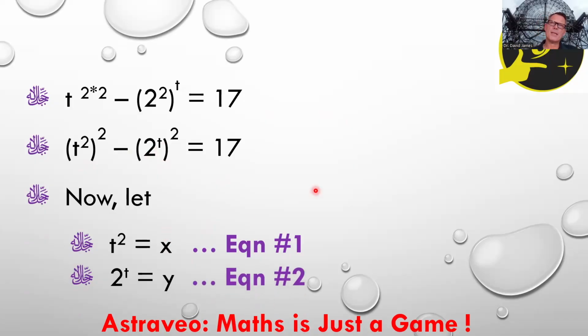Now, perhaps at first glance you're thinking, well, hasn't he just complicated things? It's actually, I think, quite the opposite. I've simplified it because it's easy to get confused with t's and 2's and 2's and t's. That's not that easy to say, by the way, but t's and 2's and 2's and t's can become confusing. If we now replace t squared with x and 2 to the power t with y, we actually have a